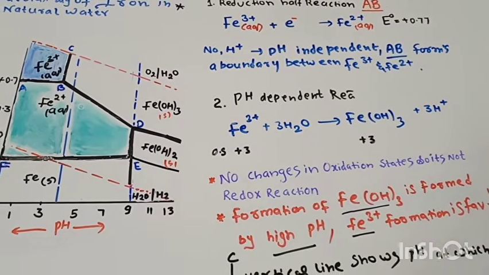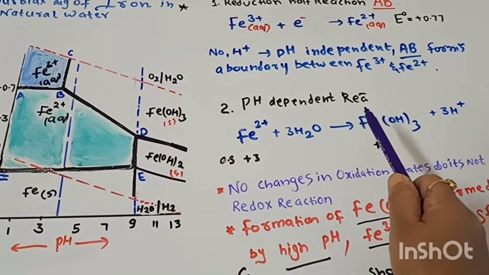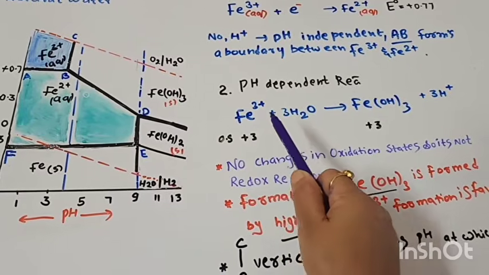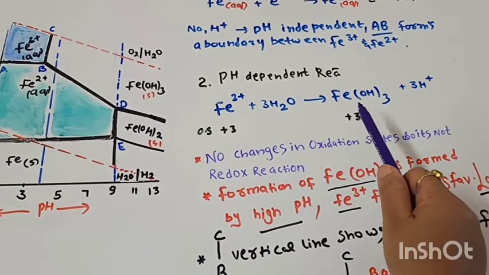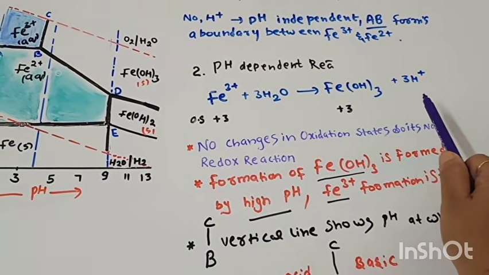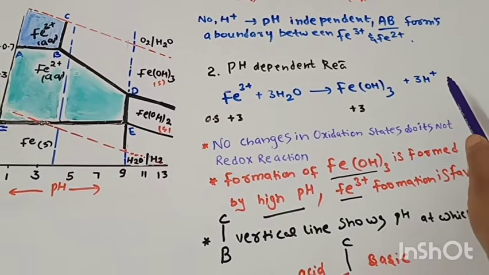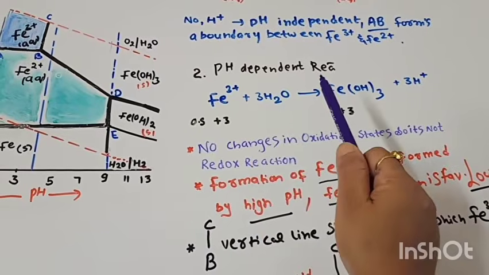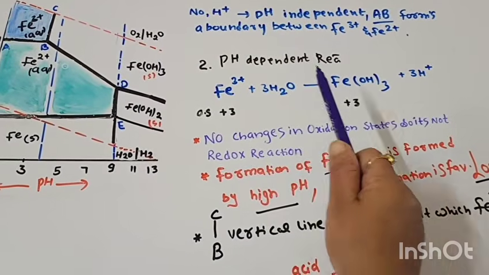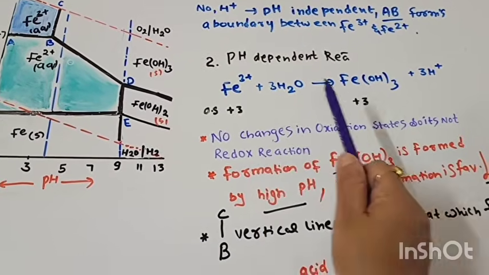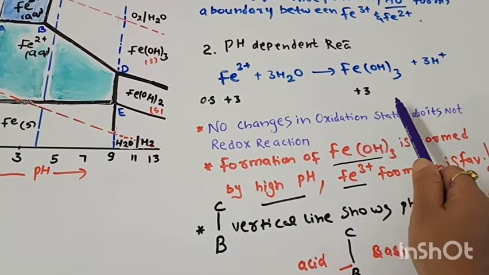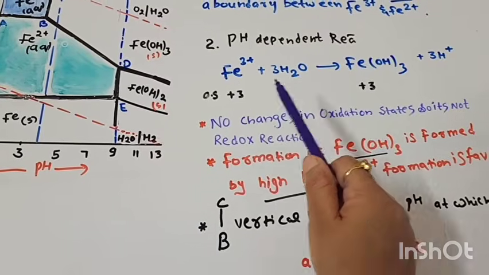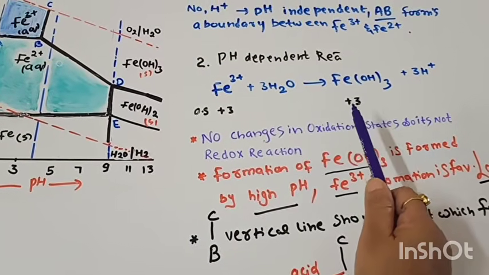Now let us see the second reaction, that is a pH dependent reaction, because when we see the reaction, the ferric ions are reacting with the water molecules to form the ferric hydroxide, and the H plus ions are liberated. So as our H plus ions are liberating in this reaction, this is a pH dependent reaction, and we can see that both the species Fe3 plus and our ferric hydroxide have the oxidation state of iron plus 3, so there is no change in the oxidation number, hence it is not a type of a